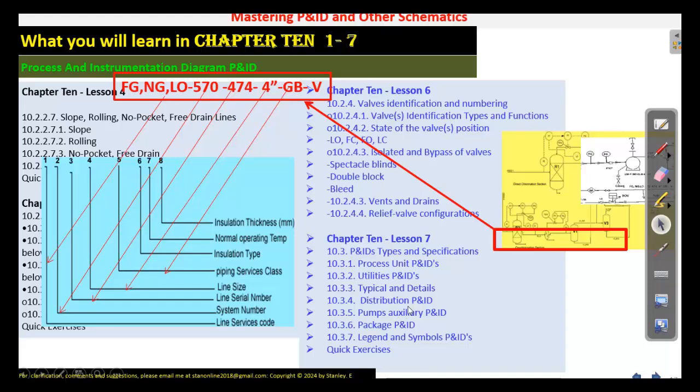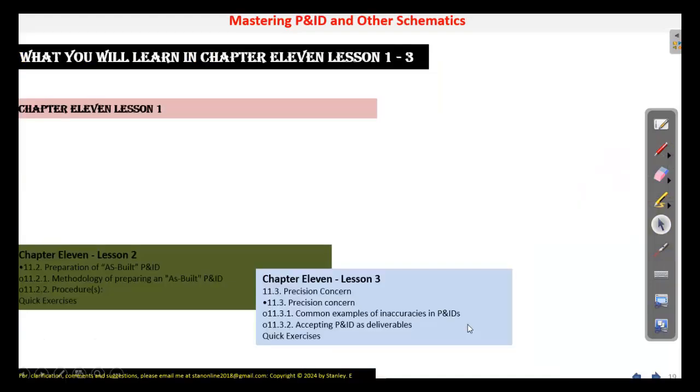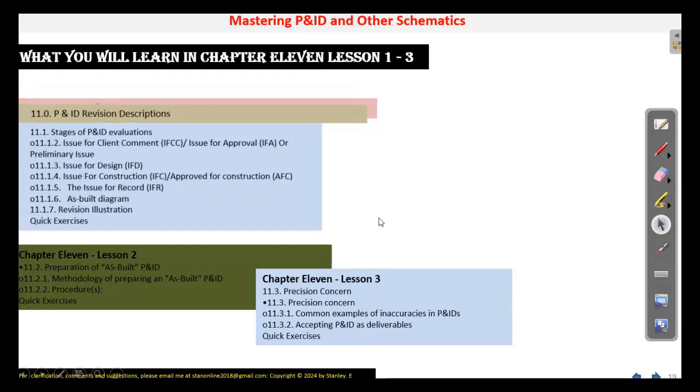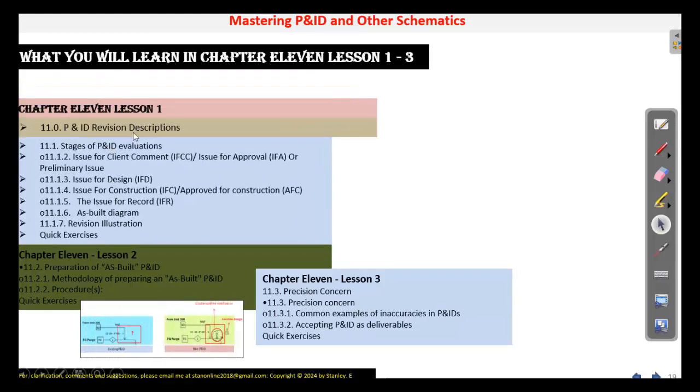and detailed P&ID, distribution P&ID, pump auxiliary P&ID, package P&ID, legend and symbol P&ID, and then we'll look at some quick exercises as well. In chapter 11, lessons 1 to 3, in lesson 1, we're going to be looking at P&ID revision discussion, stages of P&ID evaluation, issue for client comment, issue for approval or preliminary issue for design, issue for construction, approved for construction, the issue for record, as-built diagram, revision illustration, and of